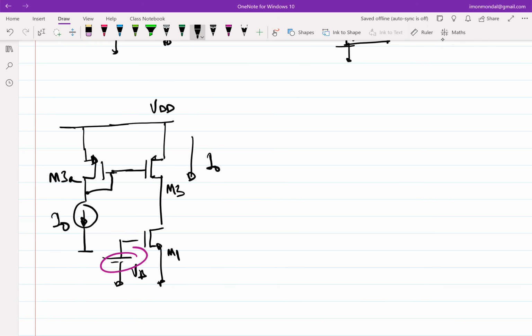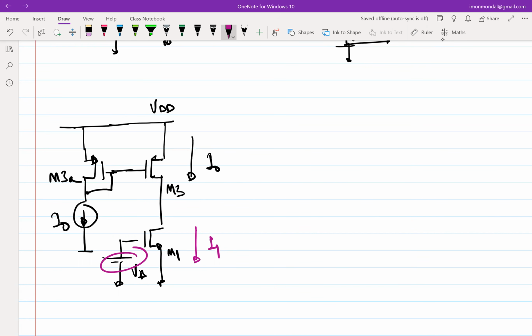Because now you are seeing that the transistor in the bottom, M1, is biased with a fixed VGS, which means it's probably asking for some current I1, and the one on the top is trying to push some current I0. So this clearly will be a problem. This is a problem if you leave it as is, but this is not a problem if you think